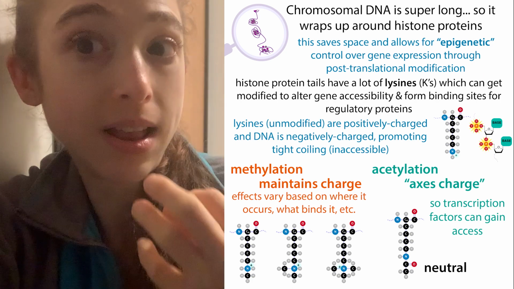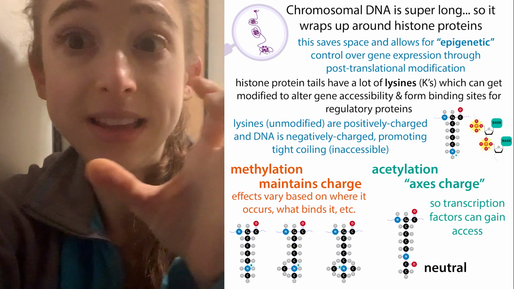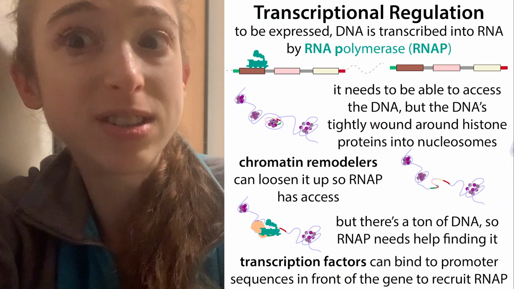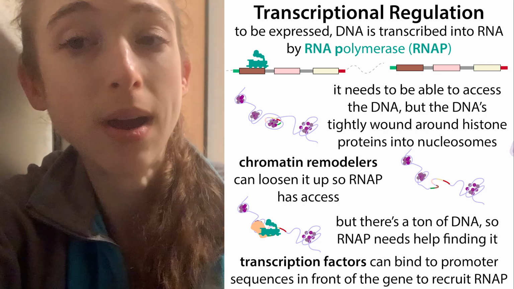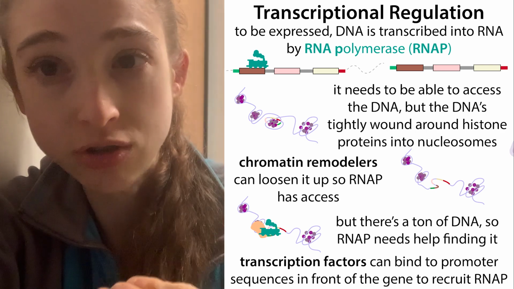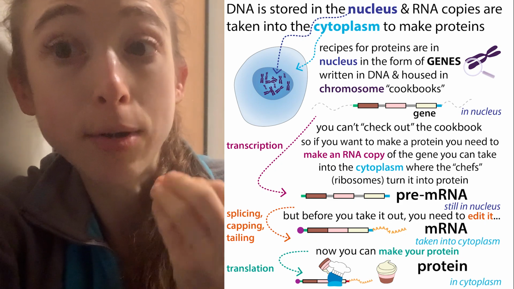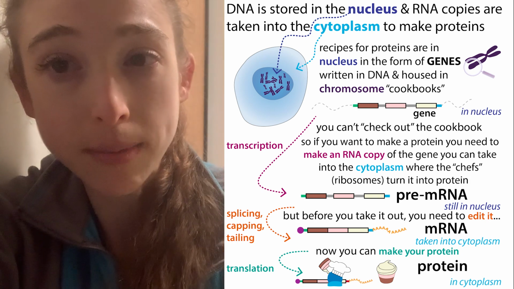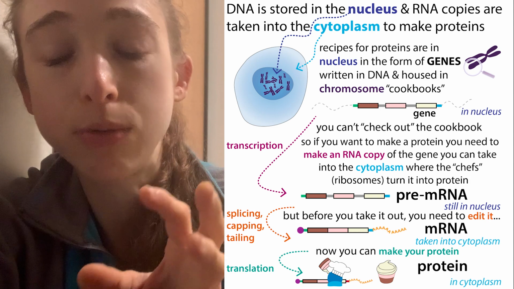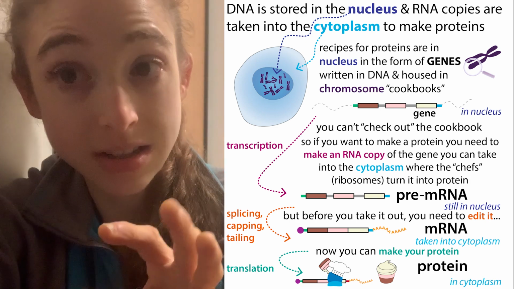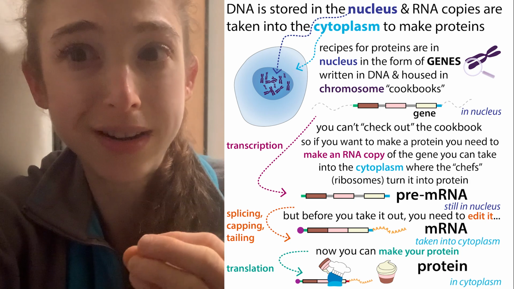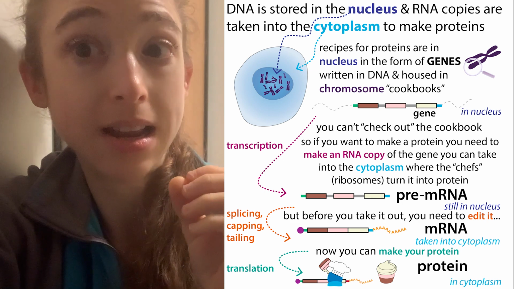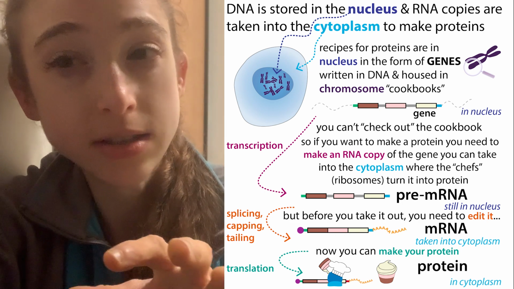This is an extra level of regulation that helps regulate when the regions are even accessible. Now, when the regions are accessible, that still doesn't mean that they're going to be used. In order to actually be used, you have to recruit the machinery that's going to do that transcription, that's going to make a messenger RNA copy of that DNA that can then be used to make protein from it. Not all genes code for proteins, but we're just going to go with that for now because it's simplest to talk about. Some make functional RNAs that work as is and don't need to be translated into proteins.